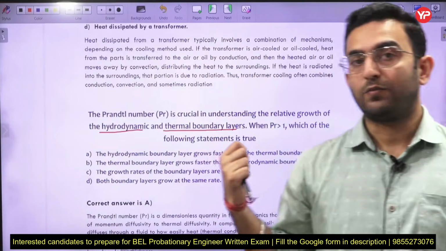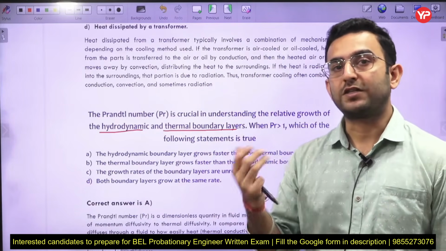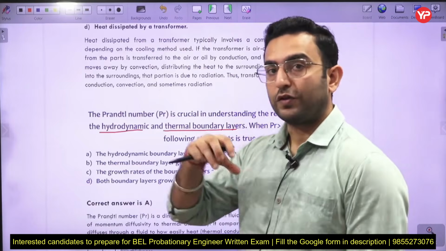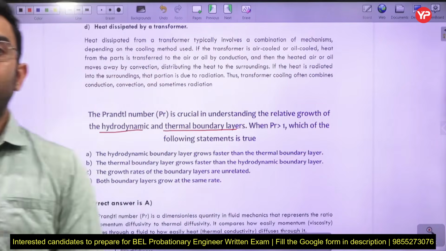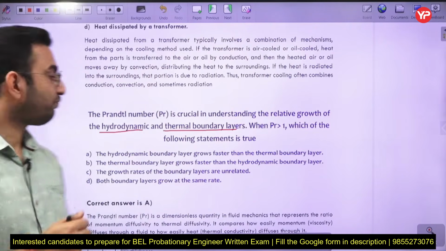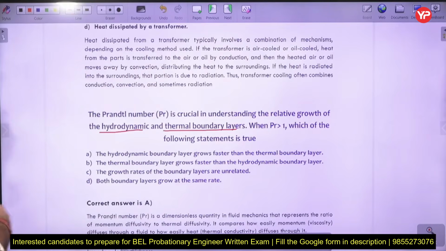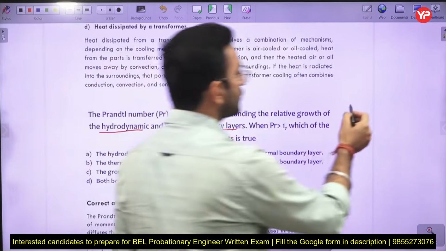First of all, this question is related to convection heat transfer. Convection is a mode of heat transfer which takes place between the bulk motion of a fluid and a solid body. In this case, there has to be a temperature difference between the fluid and the solid body. Now just observe, whenever a liquid is flowing over a solid body,